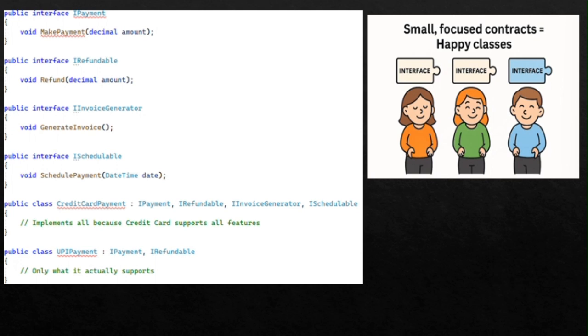In the next episode, we will wrap up the SOLID series with the Dependency Inversion Principle, where we will see how to make your code flexible and testable by depending on abstractions, not concrete